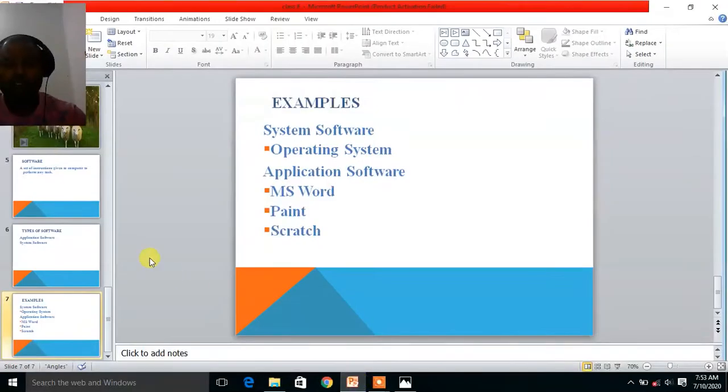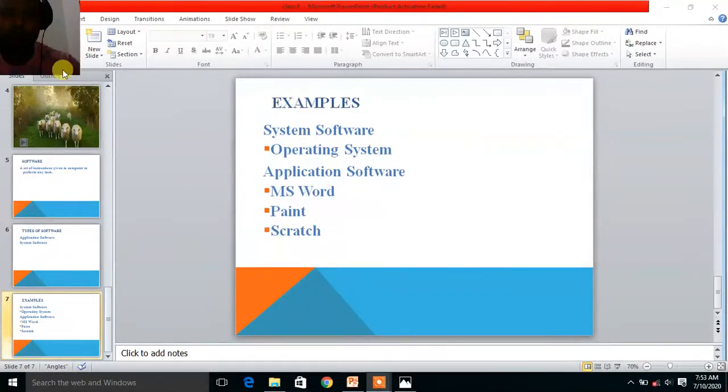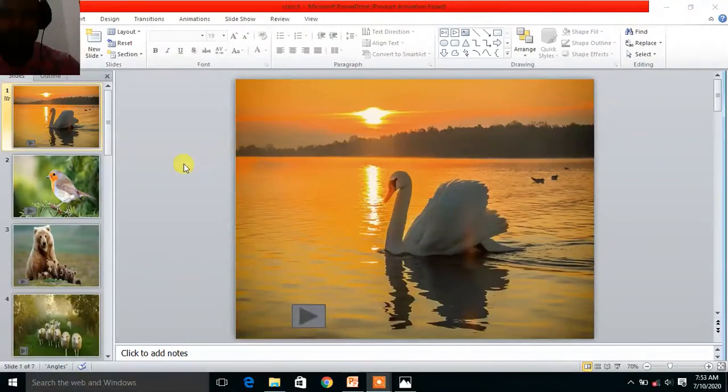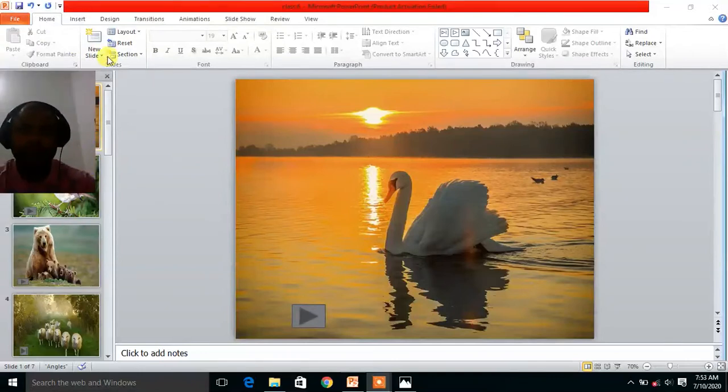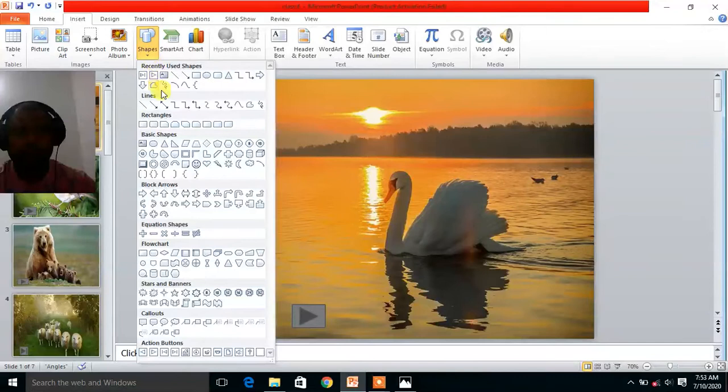Let us do it practically. Insert, Shapes. I have already added a few action buttons, so I am adding more for you.